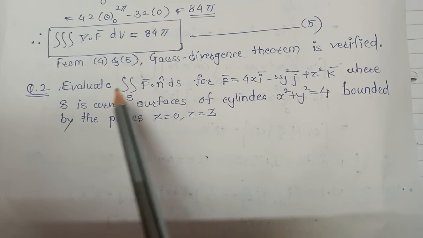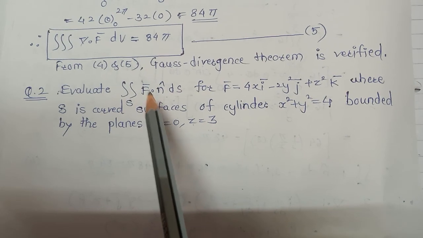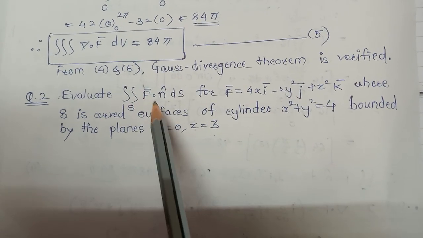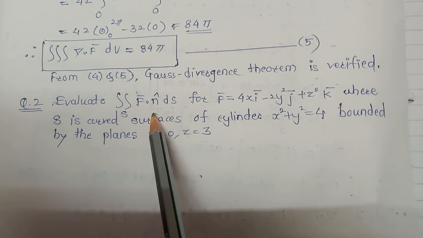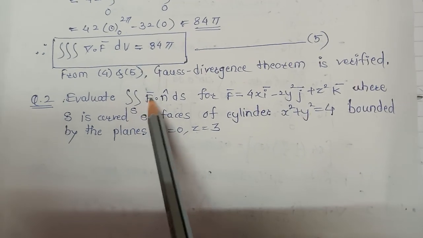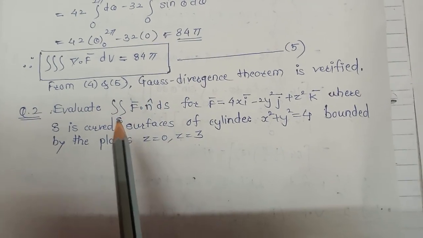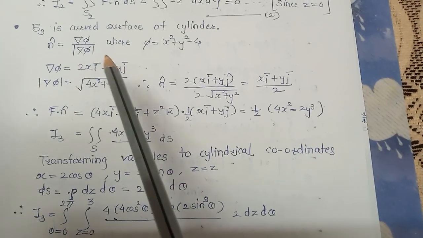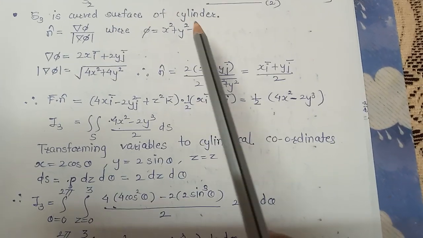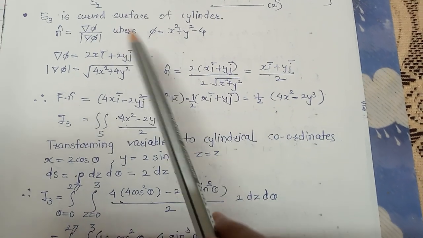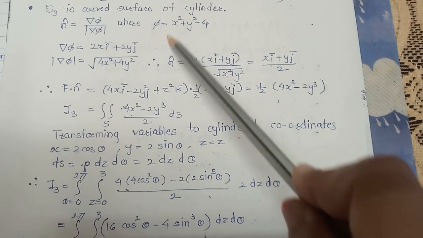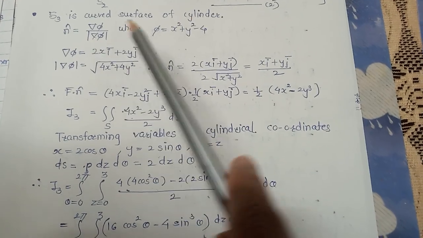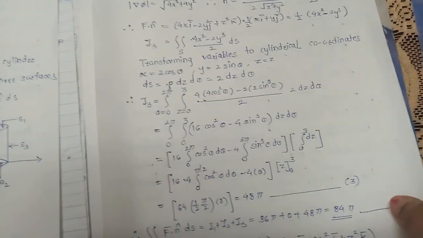Now this is the second type. As I told you, there are four types of examples on Gauss divergence theorem. That is the second part here, evaluate surface integral. If you refer to the first problem and the surface S3, it was the curved surface of the cylinder, and if we follow the same technique that we followed for S3, we can solve the second example